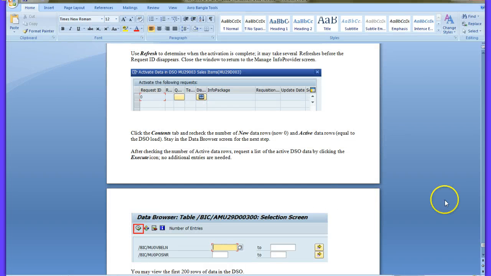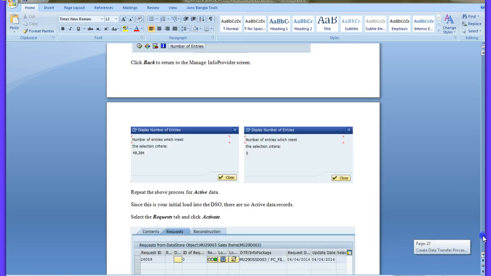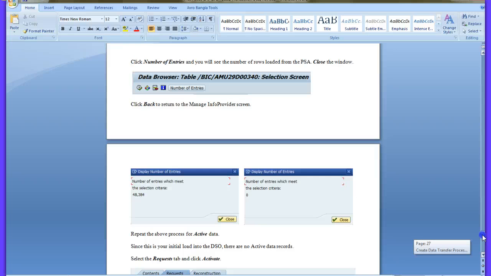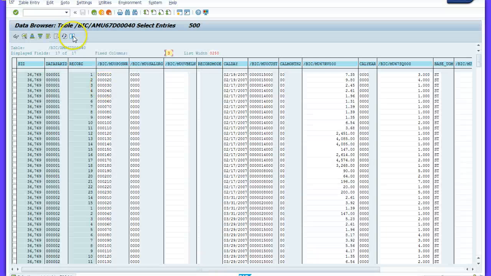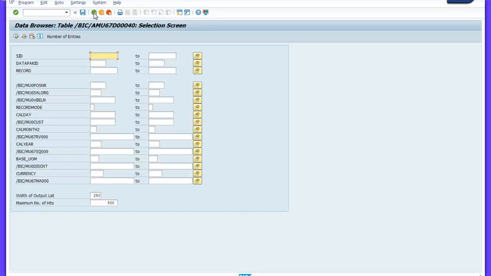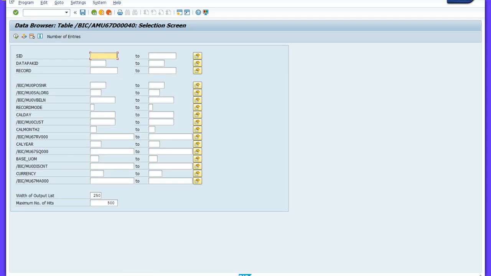Now I need to find out the number of entries. Okay, in order to do that I think I have to click on the number of entries. So let me go back. Here I have to do the number of entries. Okay, so it's 0. This is the point I needed to notice, that it is 0. And then